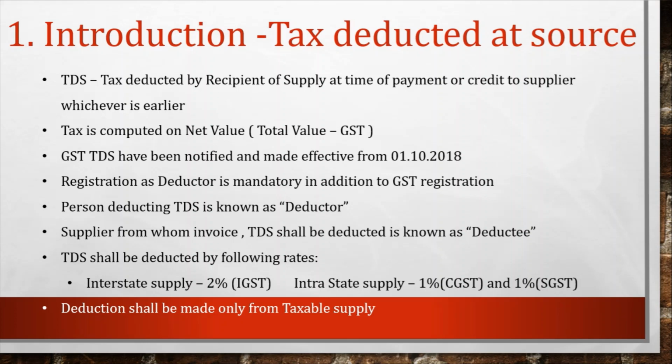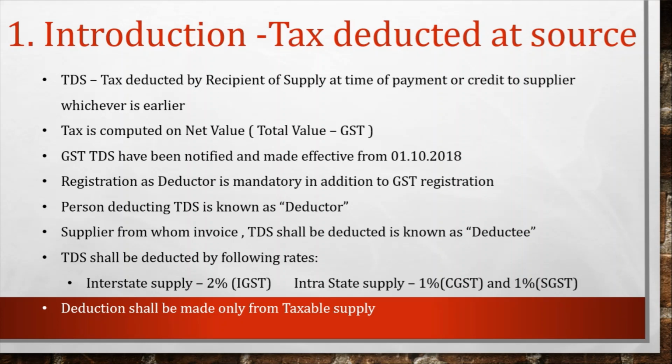Second thing, tax is computed on the net value. Here the net value is the total value of your contract, out of which you have to exclude the GST. It may be IGST, CGST, SGST and UTGST. Here we need to keep in mind that I am talking about the contract value. Suppose the contract value is 10 lakh, but one invoice value is 1,25,000. In that case, you have to deduct the TDS, because in TDS we have to consider the total contract value,